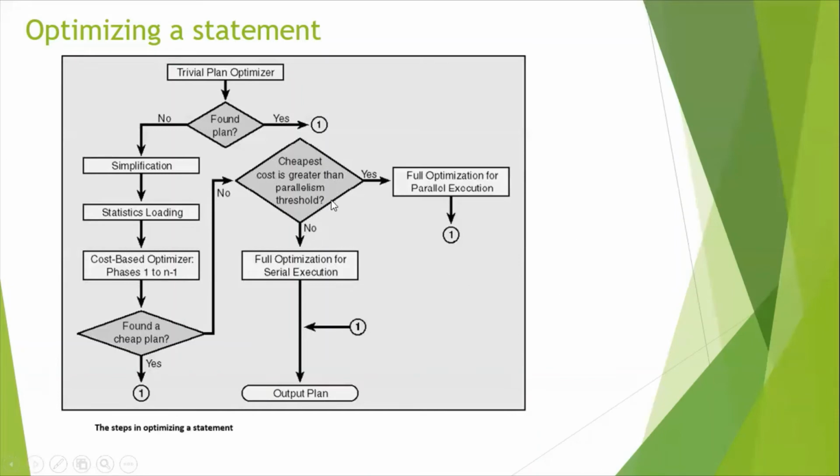Cheapest cost is greater than parallelism threshold. So it checks if a cheap plan is found. Yes, it found one, then the query will be executed. What if the cheap plan is greater than the parallelism threshold? I don't know how many of you have heard of the cost threshold for parallelism parameter. It decides whether my query goes for parallelism or not. If the cost of this query is greater than that, then it will go for parallel execution. If not, it is a serial execution. We will talk more about parallelism and cost threshold for parallelism in detail. For now, understand this is